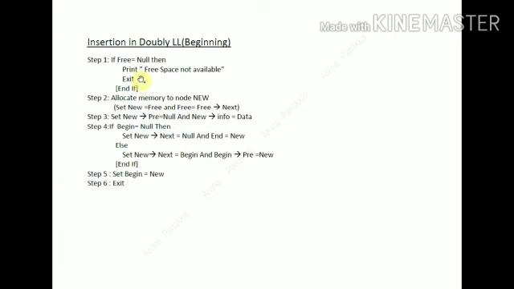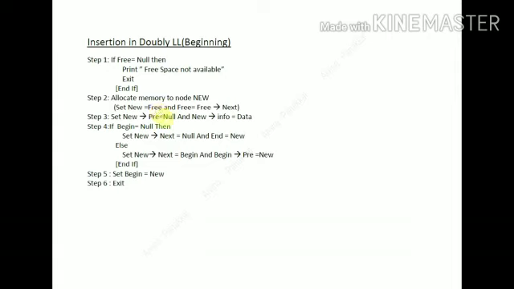So we will allocate memory to node new. That is, a space is created for this element new. At the time we have to do one more thing, that is, set new equal to free. We already know that there is a free node list. The beginning of the free nodes is represented with the help of this free.